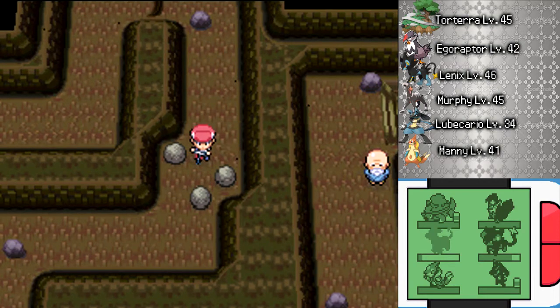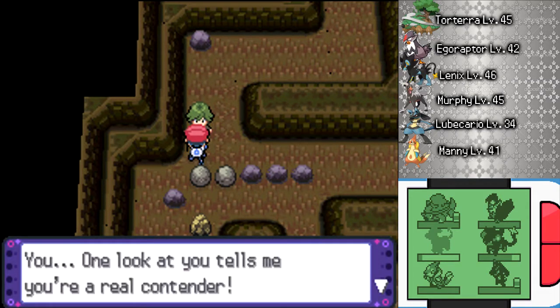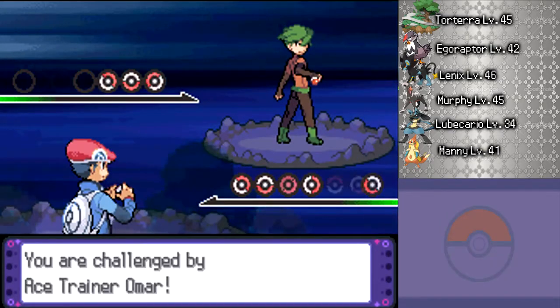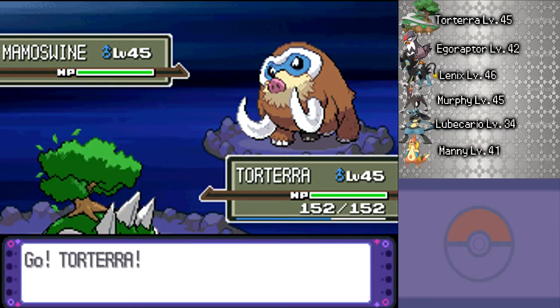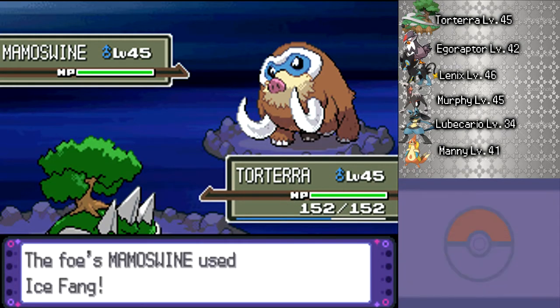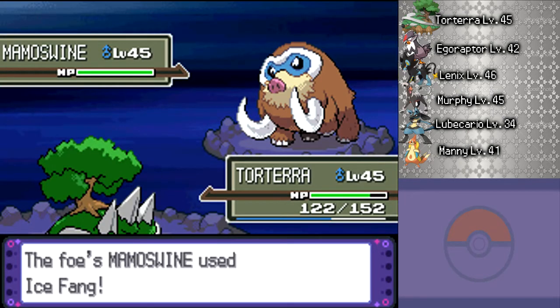So with that out of the way, let's quickly solve this little puzzle right here, and we just ran into that battle as if it was nothing. I think it was required, but one look at you tells me you're a real contender. Okay, so let's see what this guy has to offer. He has 3 Pokemon, so we should be good. He has a Mamoswine. We haven't seen those Pokemon yet, so I might as well talk about them for a minute. Mamoswines are actually the evolved form of Piloswine, and they're actually, I did not even want to attack, but...